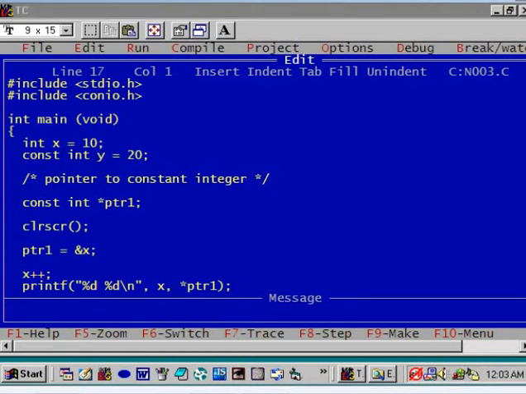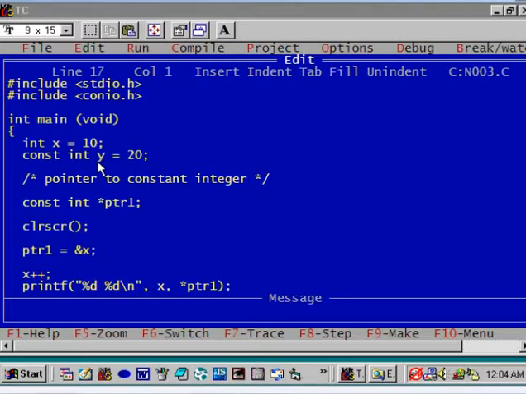Let us see one very interesting case. Here I declare a variable x. I initialize this one by value 10 and it is an integer type of variable. Observe very carefully. y is a constant integer variable. I initialize this one by the value 20. Clear this point? What is y?